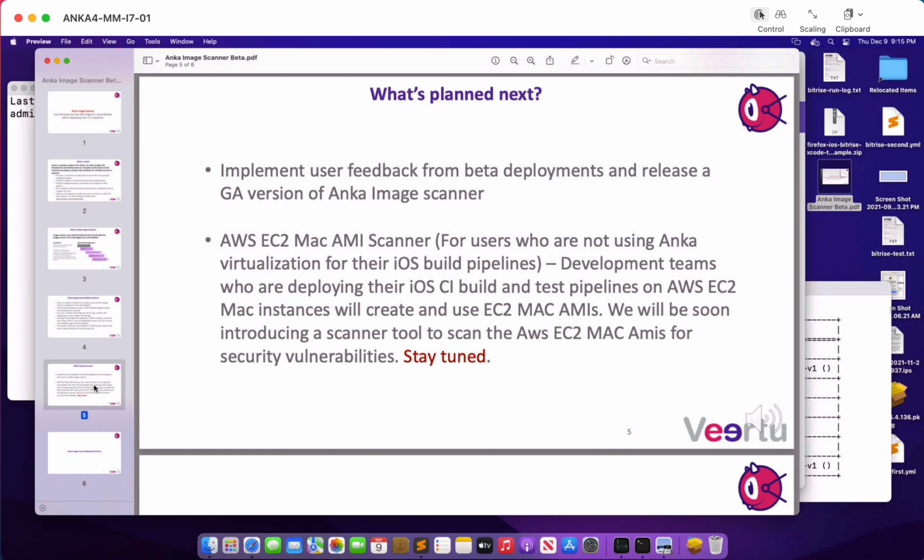We also understand that not all iOS development teams use the Anka solution to virtualize and run their build and test inside Anka macOS virtual machines. A lot of these iOS development teams are either already using AWS EC2 Mac instances or are thinking about migrating their build and test workloads to AWS EC2 Mac instances. So for those teams who don't run their iOS build and test inside Anka virtual machines, but are going to run these workloads directly on AWS EC2 Mac instances, we will be releasing a scanner which will also scan for security vulnerabilities